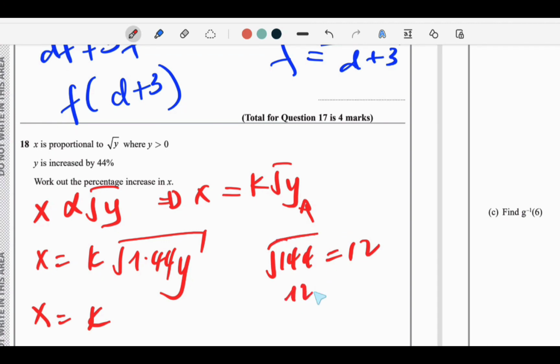Now, 12 times 12 equals 144, so 1.2 times 1.2 will give me 1.44. So this will be 1.2 root y, still in there. It simply means that x will now have a new value, 1.2k